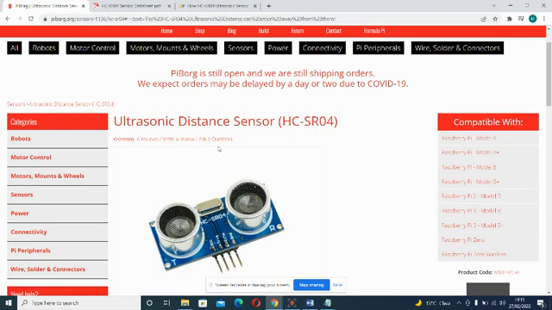So its working is, it all starts when a pulse of at least 10 microseconds in duration is applied to the trigger pin. In response, the sensor transmits a sonic burst of 8 pulses at 40 kilohertz, unique from the device, allowing the receiver to differentiate the transmitted pattern from the ambient ultrasonic noise. The 8 ultrasonic pulses travel through the air away from the transmitter. Meanwhile, the echo pin goes high to start forming the beginning of the echo back signal.